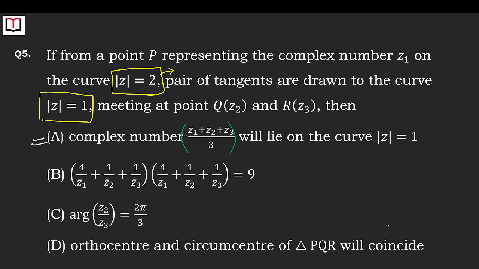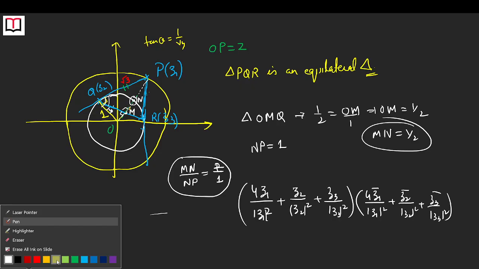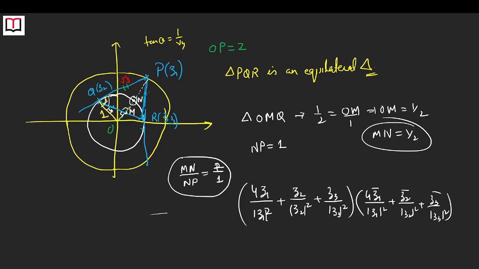And then similarly in the second one, 4 by z1, I will be multiplying and dividing by the conjugate. So again it's mod z1 whole square. Similarly, it's z2 bar by mod z2 whole square plus z3 bar by mod z3 whole square. Now what is the value which I am going to get here? Mod z1 whole square is nothing but 4. So 4 gets cancelled. So actually it is z1 plus z2 plus z3 into z1 bar plus z2 bar plus